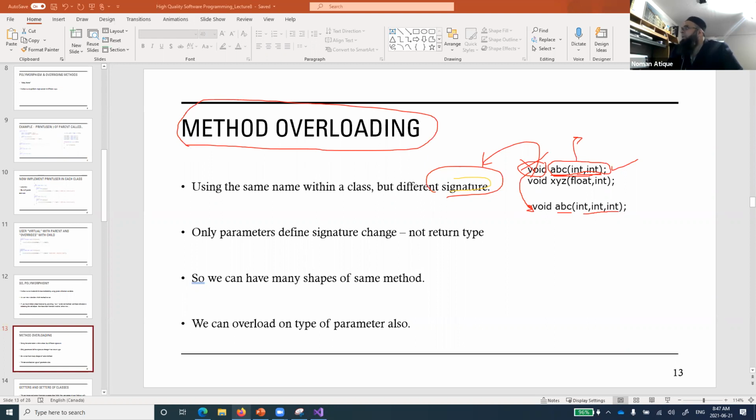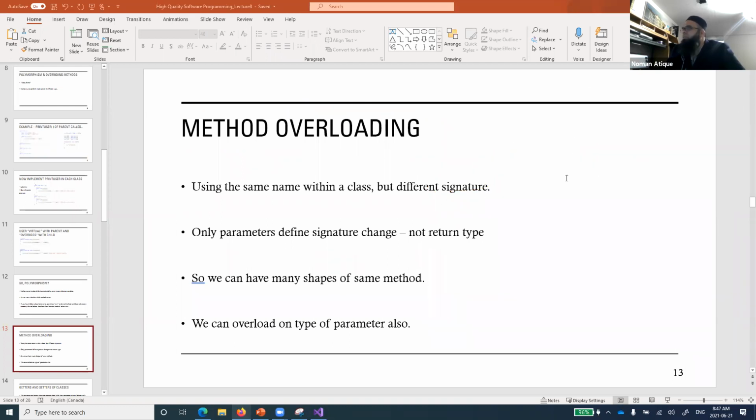But remember, never get confused about the one I told you. We are just talking about this current scenario. Void ABC int, comma, int. Right? So what is the method overloading? ABC int, comma, float. Void ABC float, comma, int.